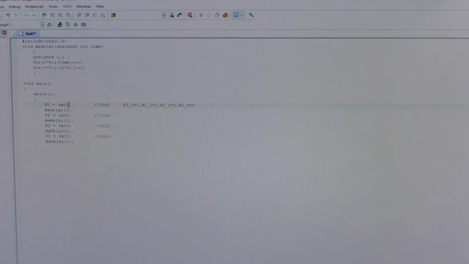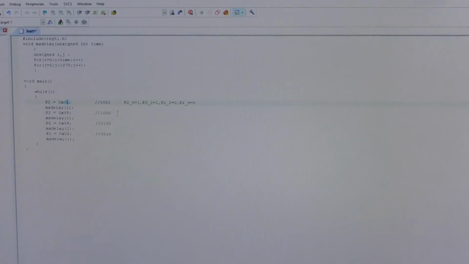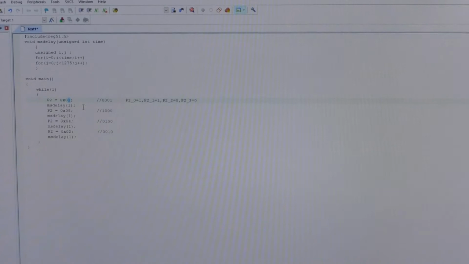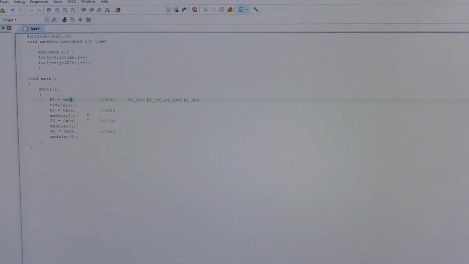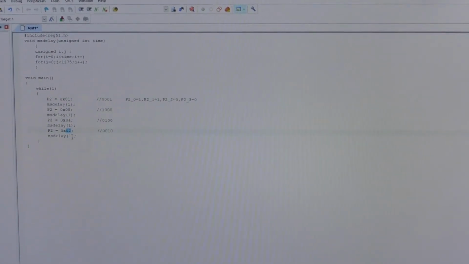Similarly, 1 we write in binary as 0001. That means a total of 8 bits are there. The bits we are rotating right to move the stepper motor in the forward direction. If you move one bit to the right side, then 08, next 04, next 02. So a sequence of pulses we are applying.